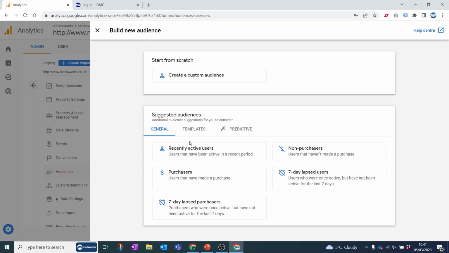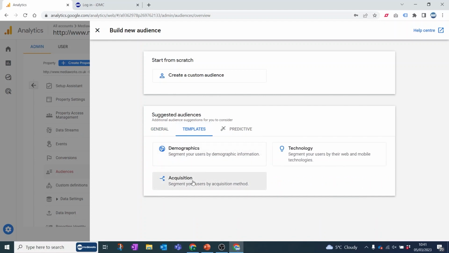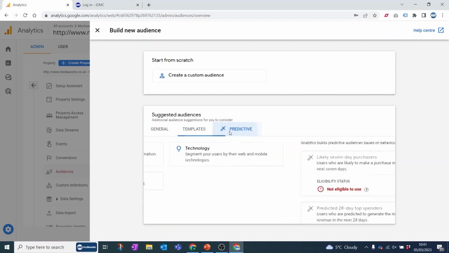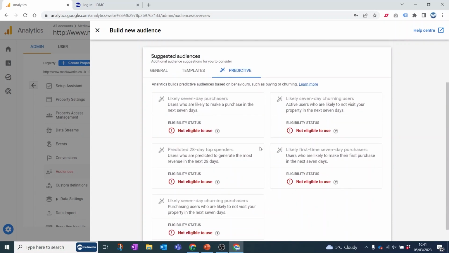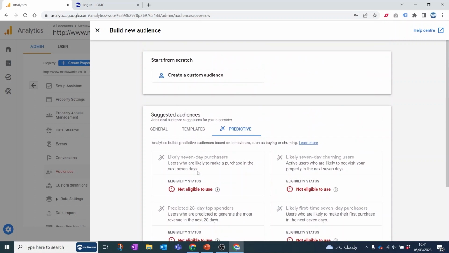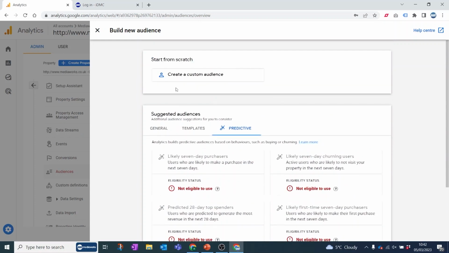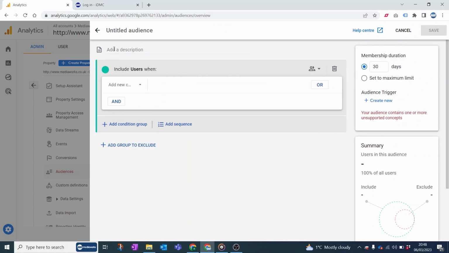You can look at some of the general ones that Google already have pre-populated. So recent active users, non-purchasers, purchasers, lapsed customers, lapsed purchasers. There are also templates, so if you wanted to build one based on demographics, technology, or acquisition, you could do that there. And then there's also predictive ones, but again, a lot of these are mainly e-commerce based, and you might not be eligible to use all of them, but in general, that sort of thing exists. But I'll just create a custom audience,